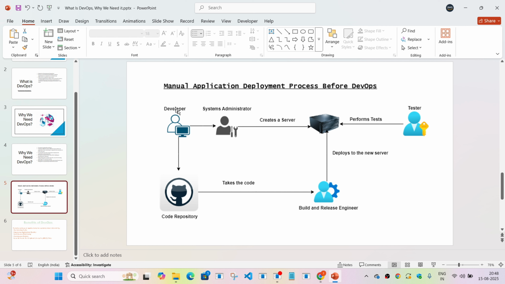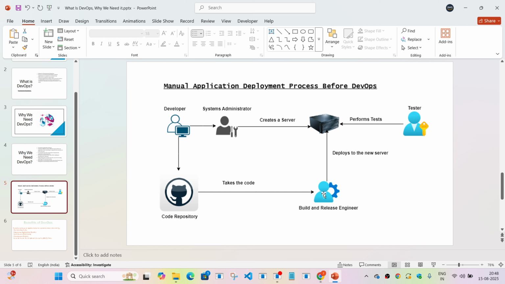At the same time, once the code is pushed to the source code repository, there was another person called a build and release engineer. The build and release engineer is going to take the code from the source code repository and try to deploy this code to the server.